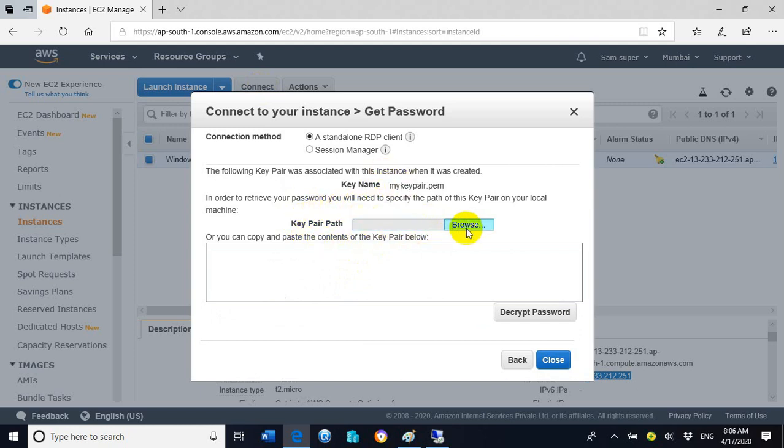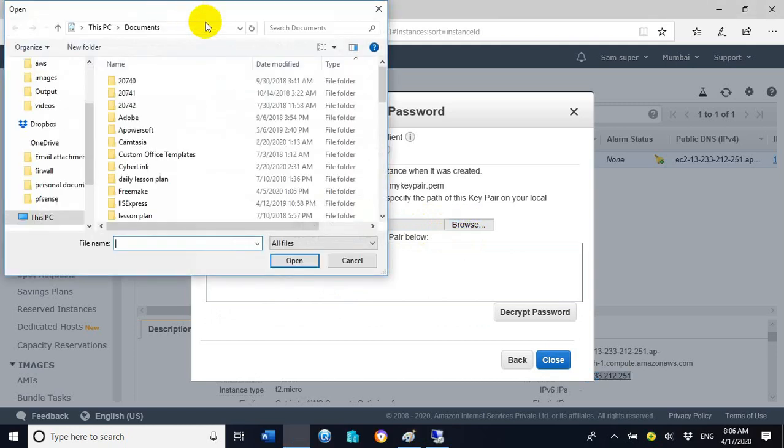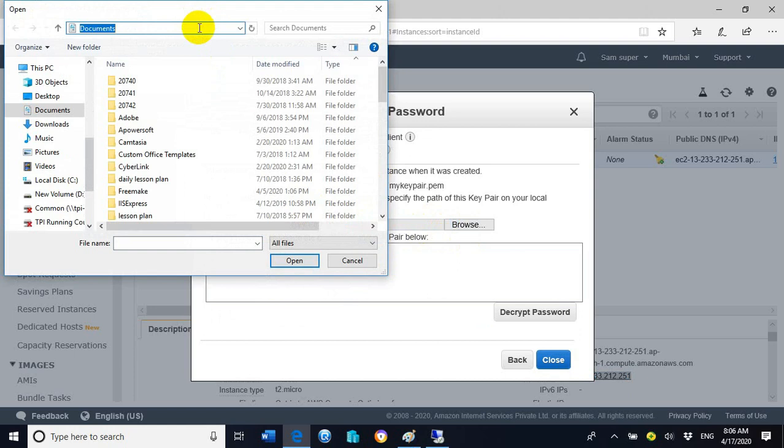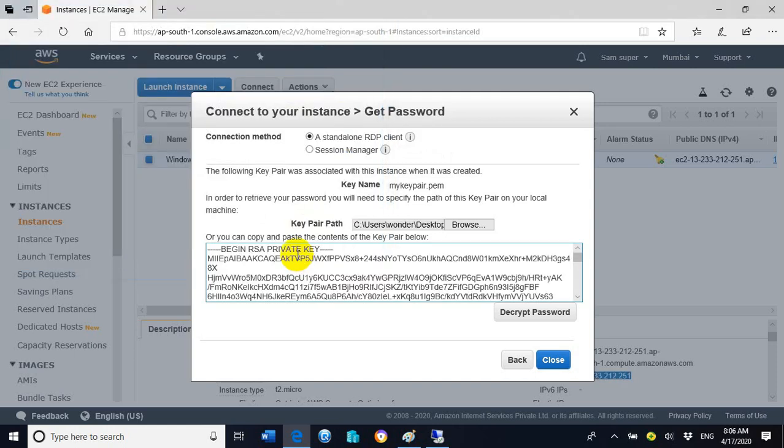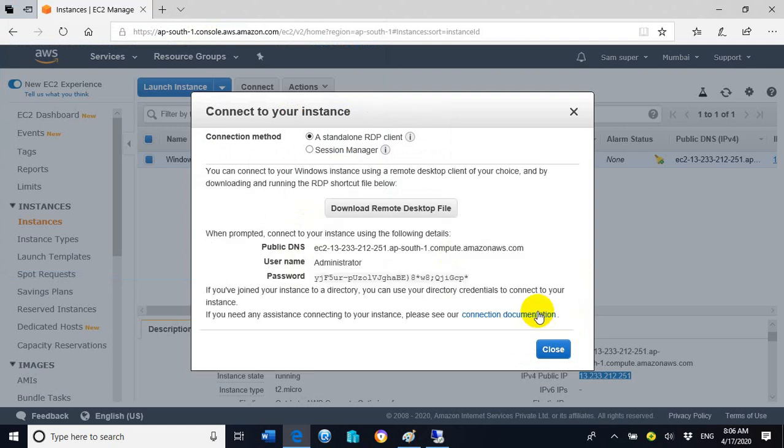To enter the key pair path, click on browse, click on top and paste the path that we just before copied. Enter, and here this is my key, my key pair.pem. Select this key pair, click on open and click on decrypt password.